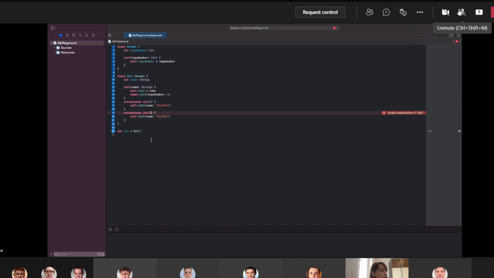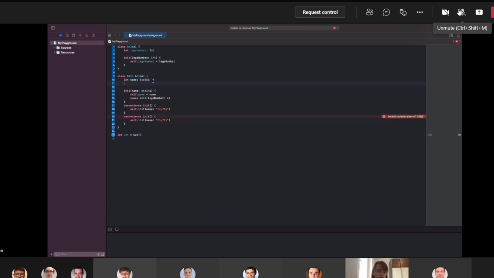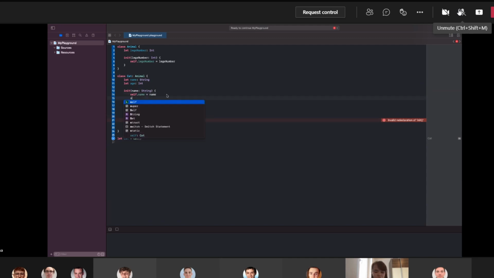Let's say, I need to come up with something. Let's put another variable, age integer. Here you would put just some default value, 5,